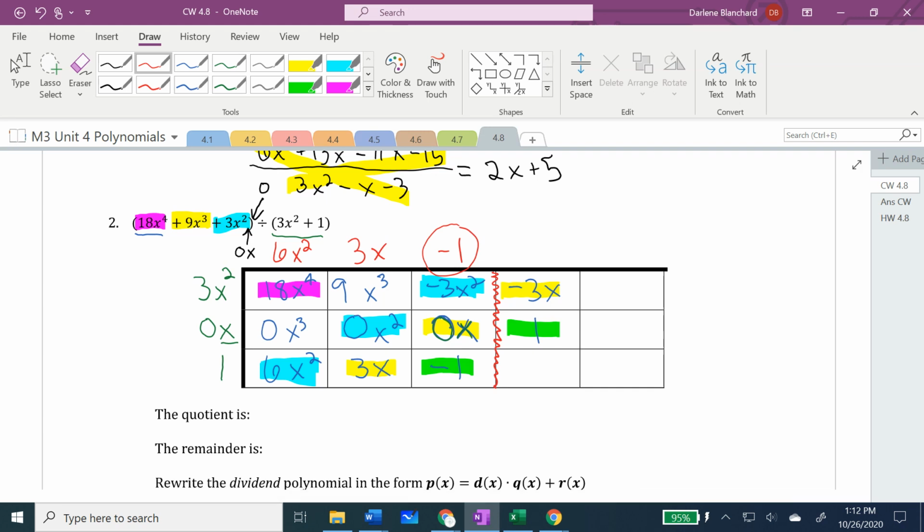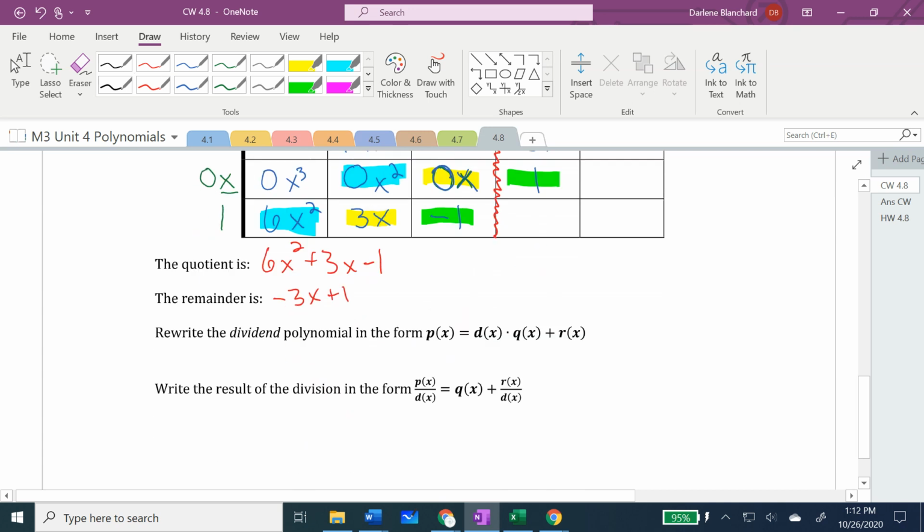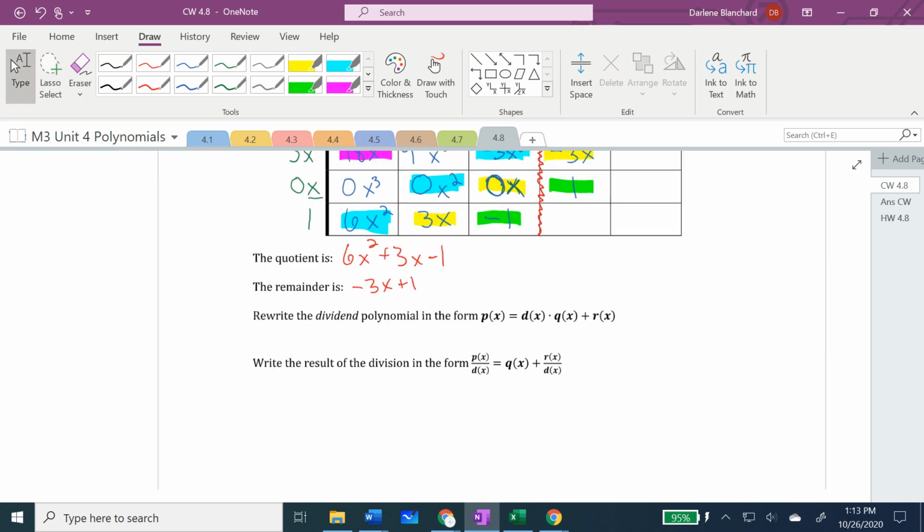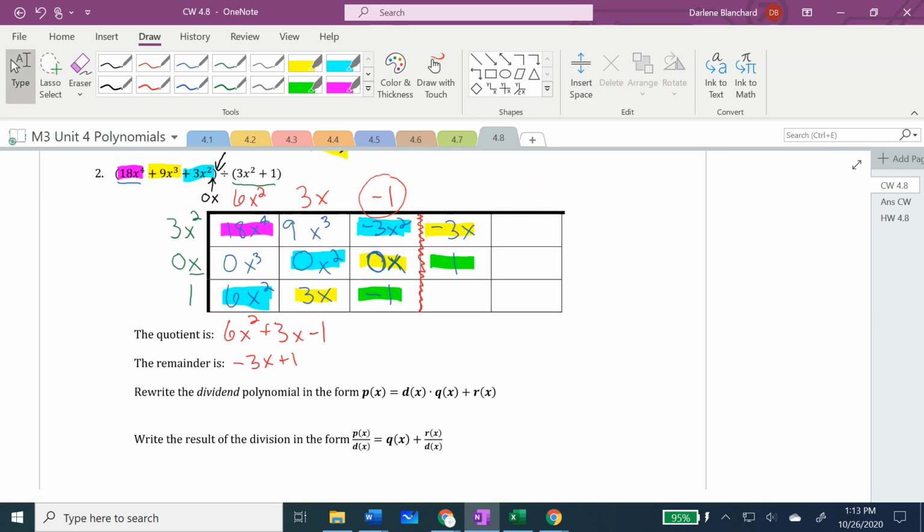So now what I have is a quotient of 6x squared plus 3x minus 1, a remainder of -3x plus 1, and then just finish writing these out. So I began with the polynomial. I need to be able to read it. I began with the polynomial